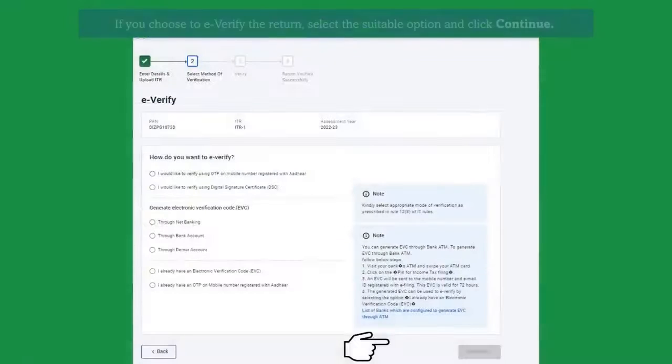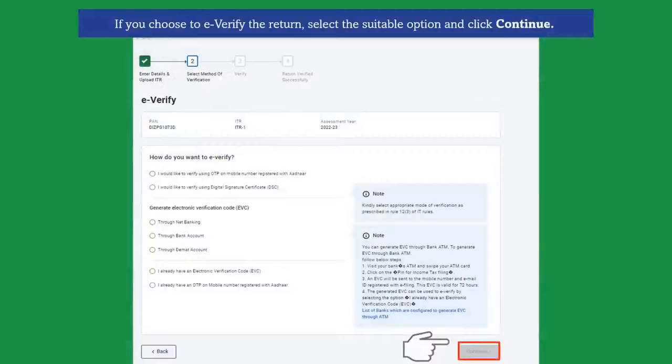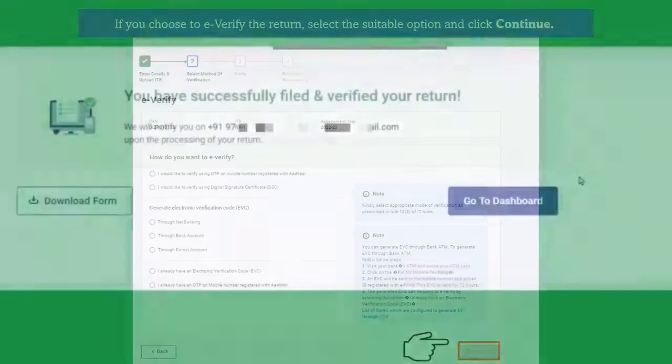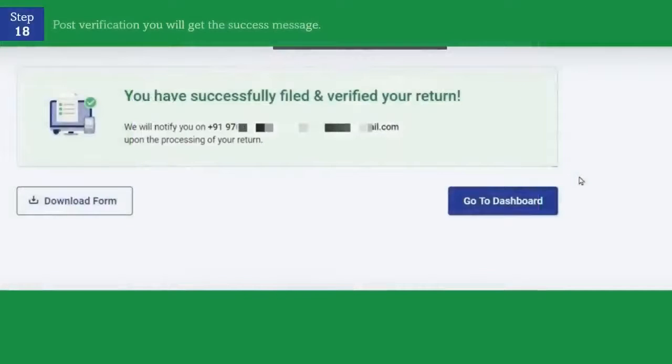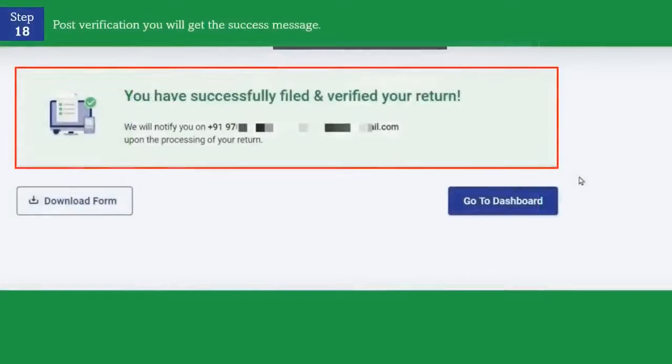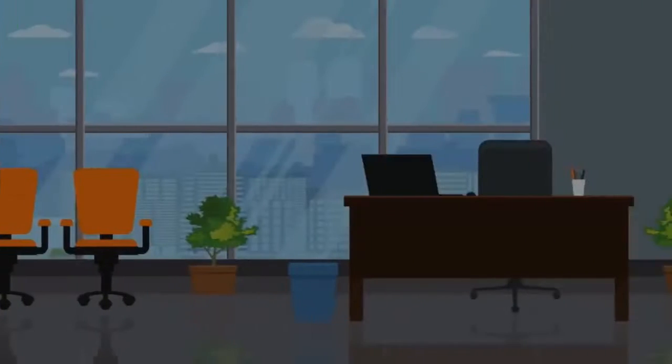If you select to e-verify, you can select whether you want to verify through mobile OTP or through DSC. You can also get the e-verification code through net banking, through your bank account or demat account. In case you already have an e-verification code or in case you already have an OTP on mobile number which is registered with Aadhaar, you can click on Continue button. Post verification, you will get a success message that you have successfully filed and verified your return. Filing of return through online as well as